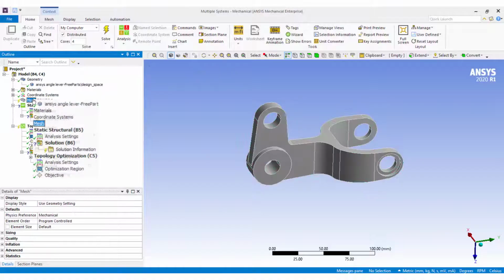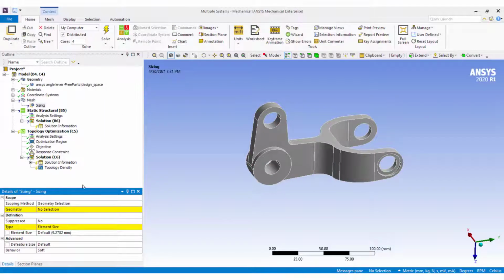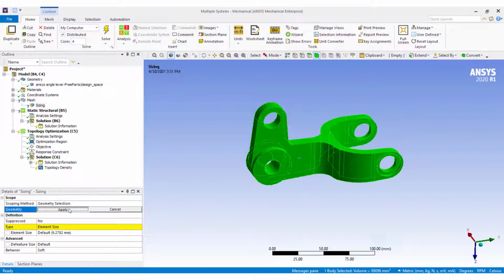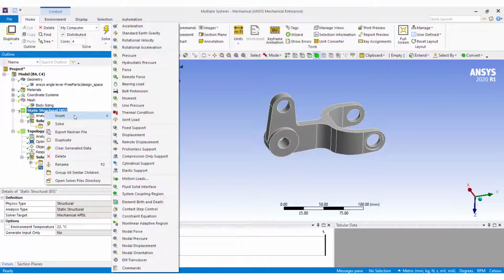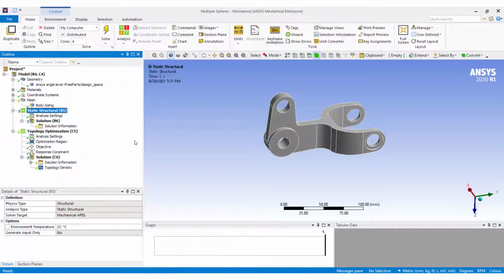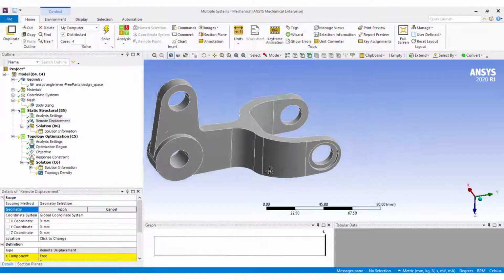I will apply the body sizing and set the element size to 3 mm. Now I will apply remote displacement to these faces and constrain their motion in every direction.